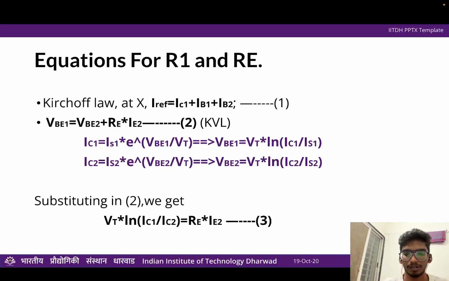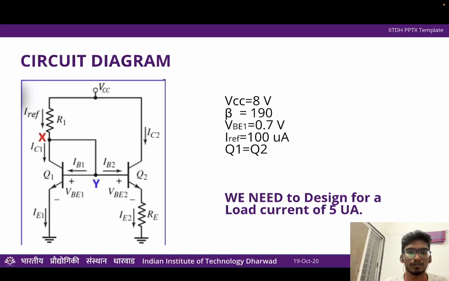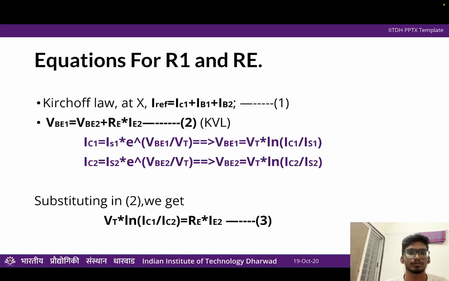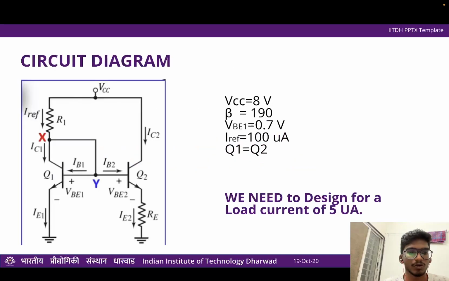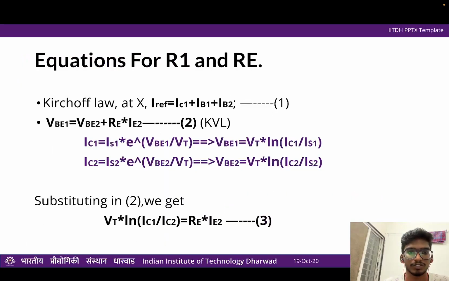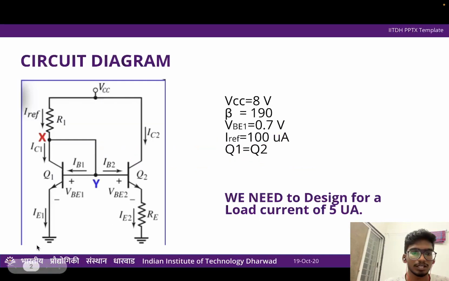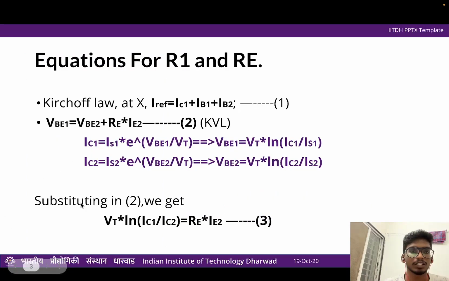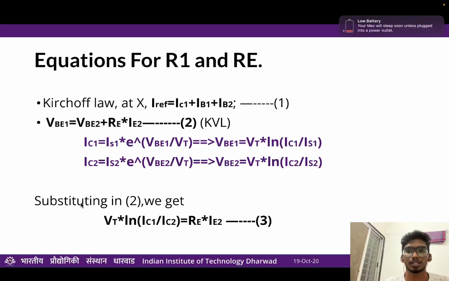This is the equational way of calculating the RE and R1 values. By Kirchhoff's law at node X, we can write I reference equals IC1 plus IB1 plus IB2. And if we consider the loop from one ground to the other ground, we can write VBE1 equals VBE2 plus RE times IE2 based on the KVL equation. And we know that for BJTs,